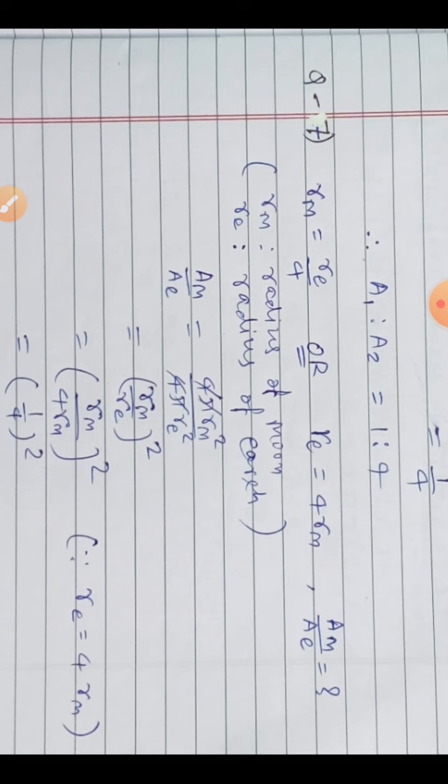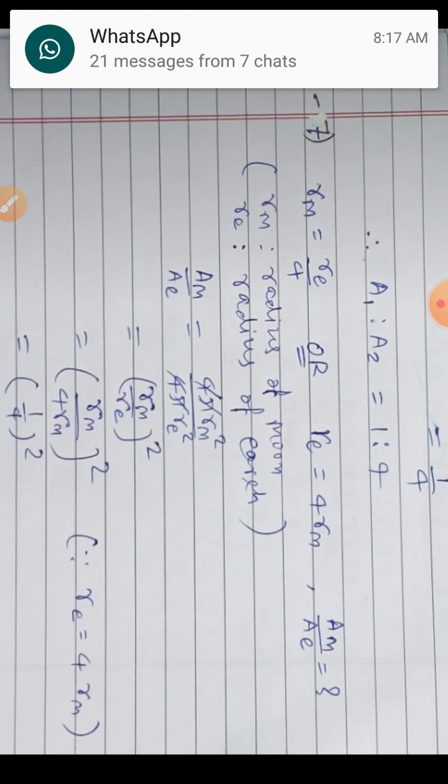Now use the relation written in the first line, whatever they have given. They have given either Rm equals Re by 4, so in place of Rm you can write Re upon 4, otherwise in place of Re you can write 4Rm. Anyway that relation should be used. So I have written Rm as Rm only, but instead of Re I have written 4Rm. So there is no denominator. That is simple. Re is replaced by 4Rm, why? It is given. In the bracket the reason is also given.